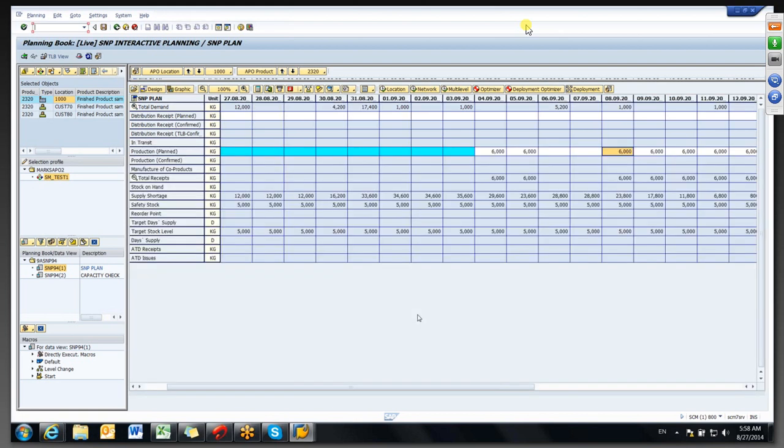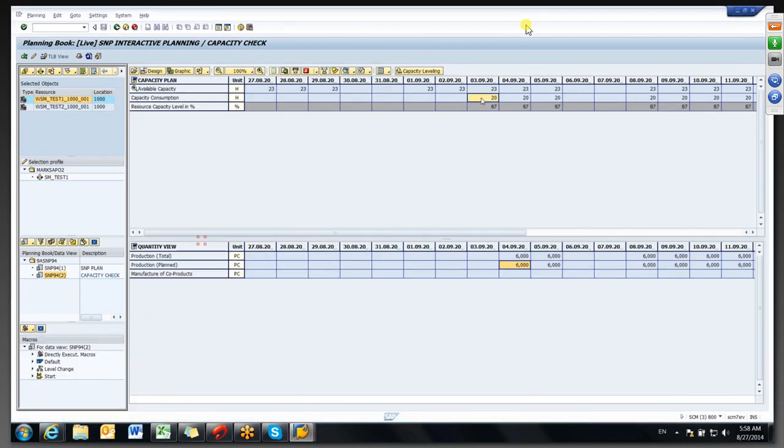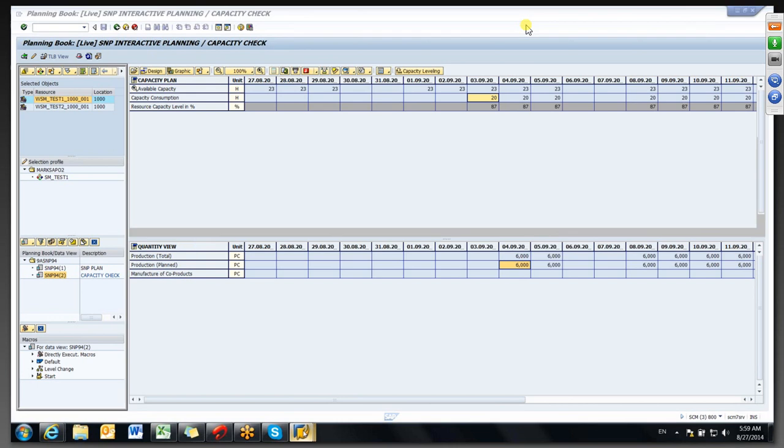Okay, so here how the capacity is considered. So here you can say that 6000 is equal to 20 hours. Total is 23 hours, 6 hours is equal to 20 hours. How can you consider that as 20 hours? Okay. So if you go into the ECC,